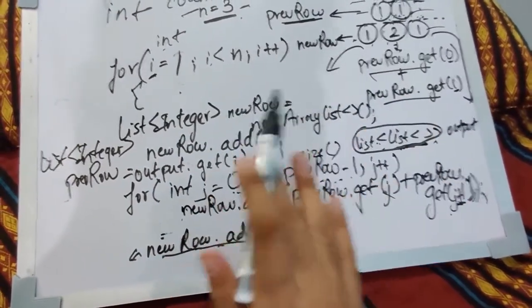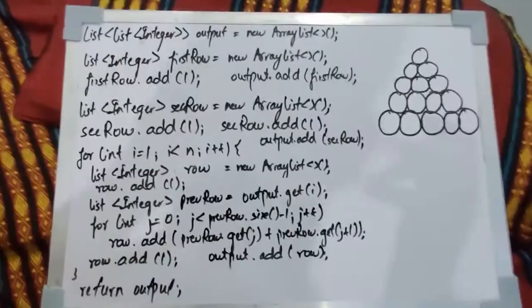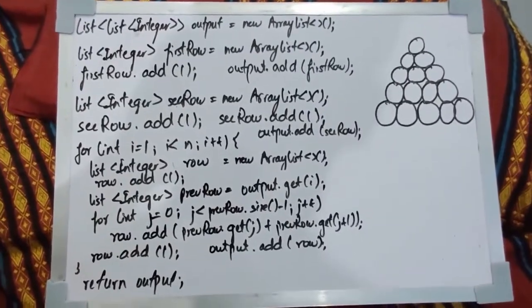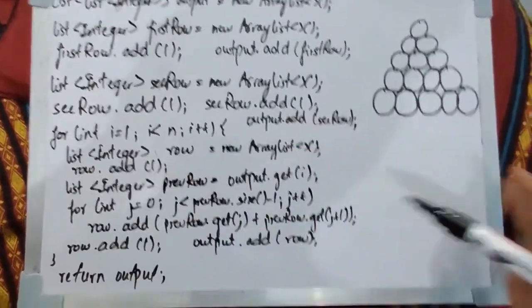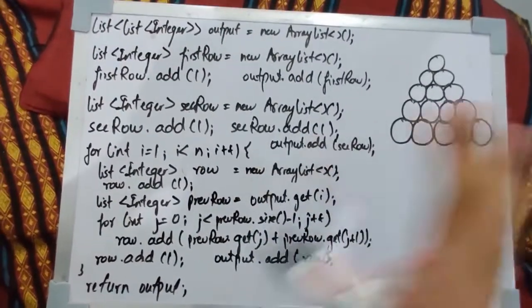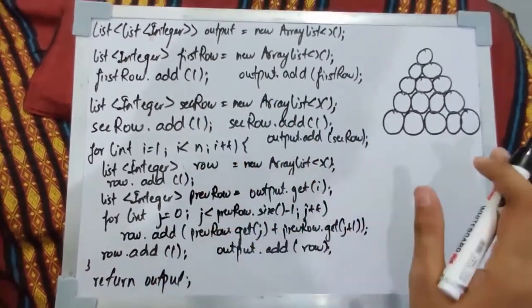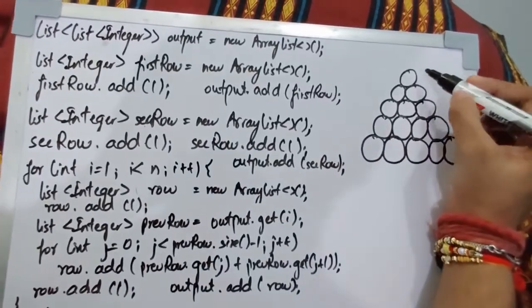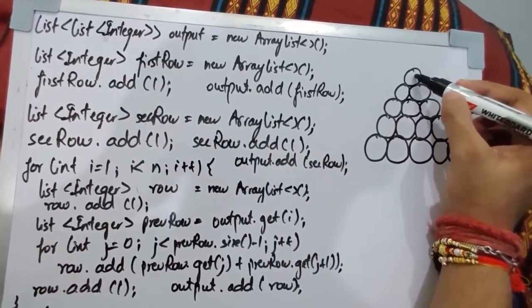So let me do a dry run also, just for your understanding. I hope you can see all of the code, because the board is really small. I don't know, it was hard to fit all of them in here. So let's do a dry run. So we know that we need the first row and the first element as 1.